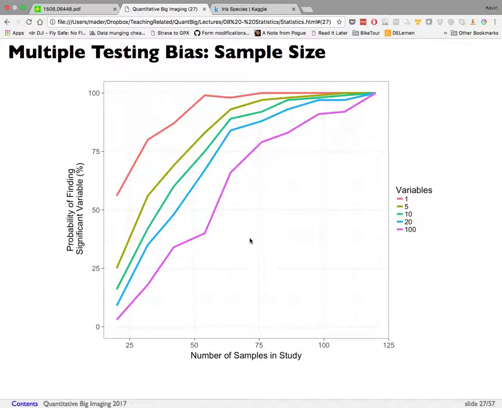Sorry, this is a better graph of that. So this is the number of samples in the study. This is the probability of finding a significant variable, given that we have a significant variable in there that has a 10% difference. And so here we can see that if we have one variable and we have 25 samples,